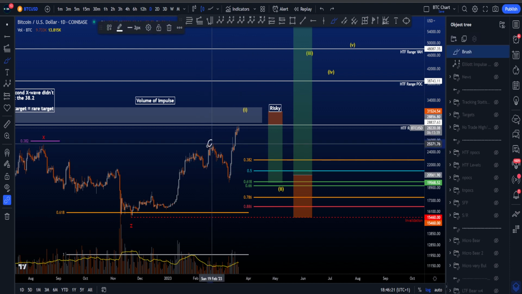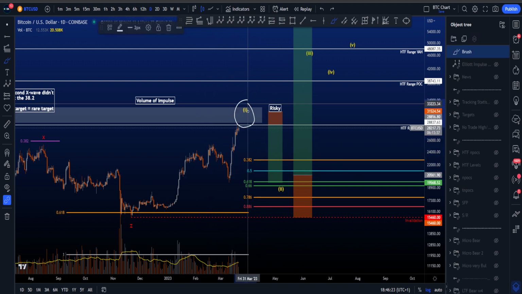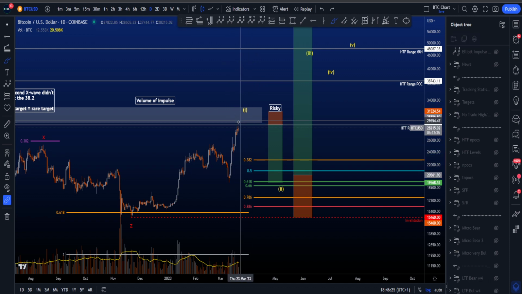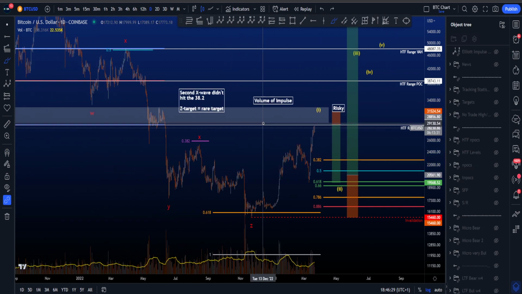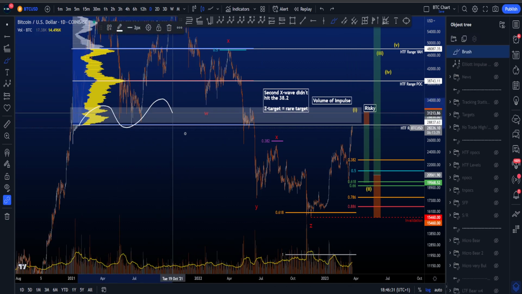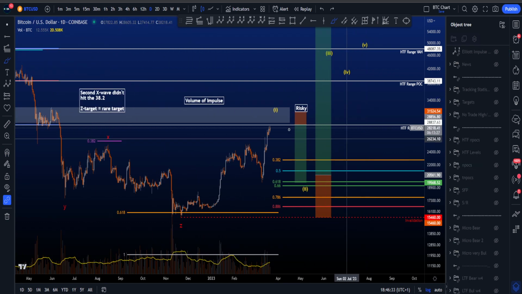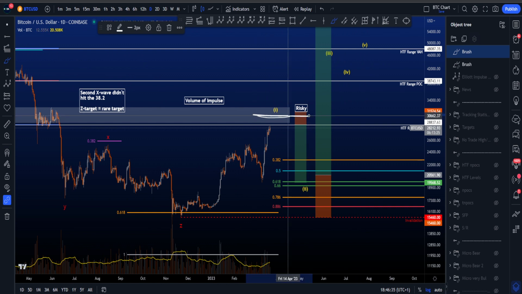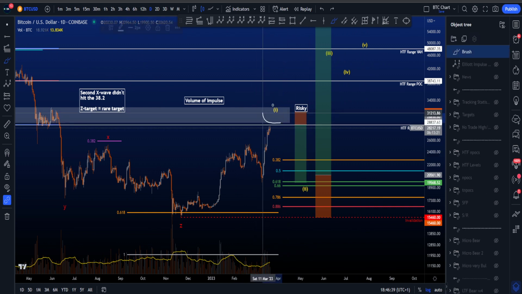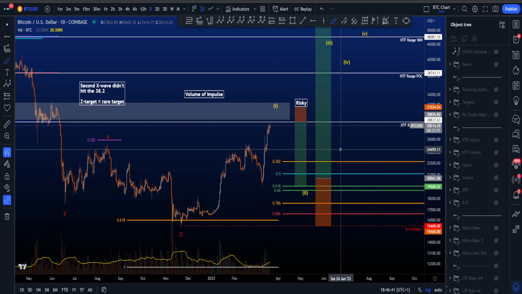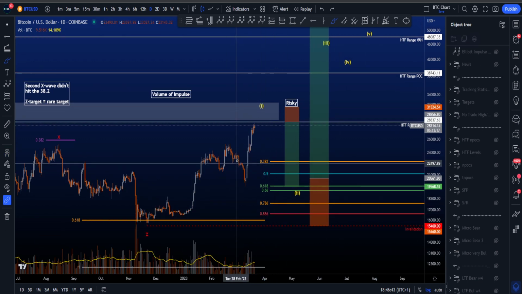In the other scenario, wave 1 is here, 2 is here, but now we're still working on 1, this being the 5th wave. And the resistance here is so nice. The high time frame range, value area low. We have a support resistance area over here. And on the macro, there's a couple of other Fibonacci targets that are in this area over here between 28K and basically 32K. So it's a very nice resistance area where if this then is the end of wave 1